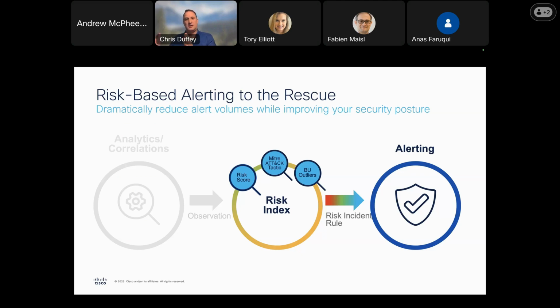The way you might think about this is I may have 30 different observations or detections involved here. If I create 30 alerts, that's too much. What happens with risk-based alerting is we take all that data from the risk index, along with things like MITRE ATT&CK, different security frameworks, risk scores, and things like that. And we're going to now create one alert for those 30 different